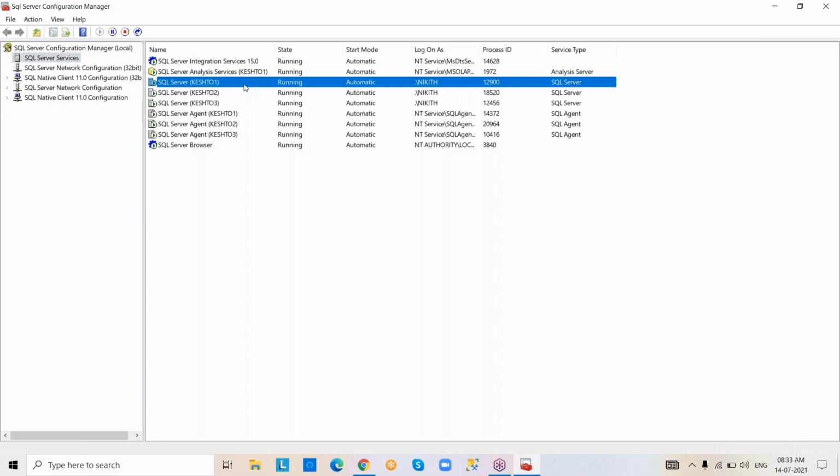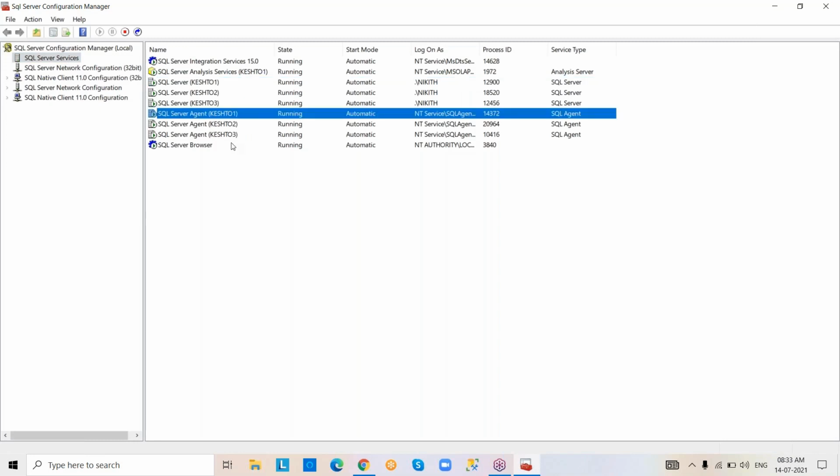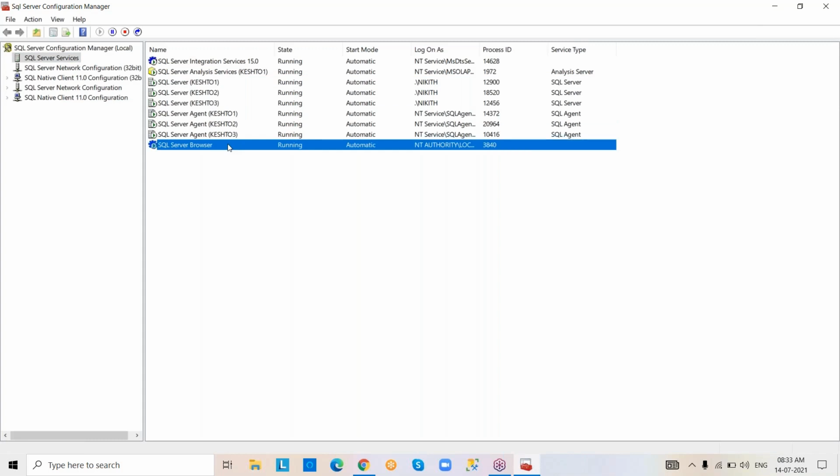You can see only SQL services: server service, agent service, and browser service. So these are the different services we have here. Check whether the service is running or not. Service running means it is working. Service not running means it is not working. That is the difference.